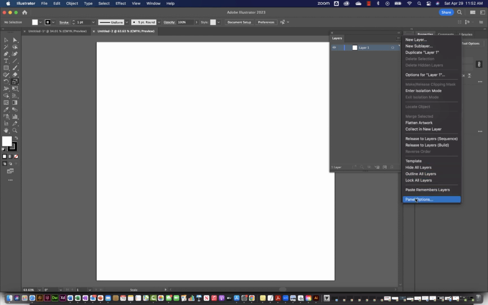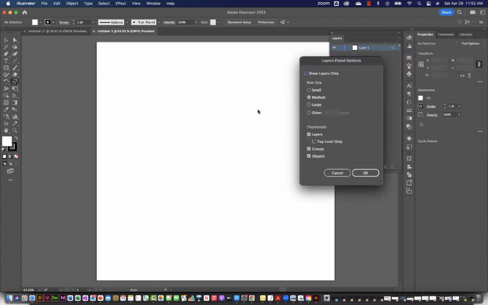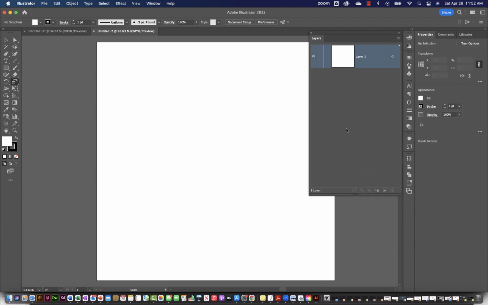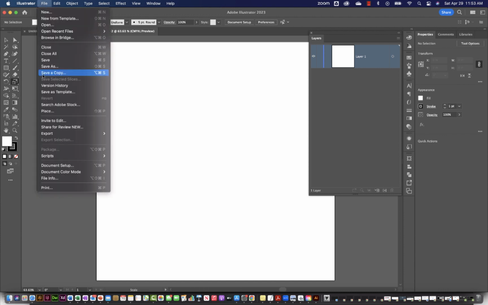Because I'm an instructor, I always change my panel options using my hamburger menu to something with large thumbnails, and that's for your sanity while watching my videos. So I've increased my thumbnail size to 80 pixels, which is much larger than the I think 20 pixel format that it's normally set to. And we can see that by default in Illustrator we have Layer 1 created. It is currently blank with no objects on it, but we are going to place an object